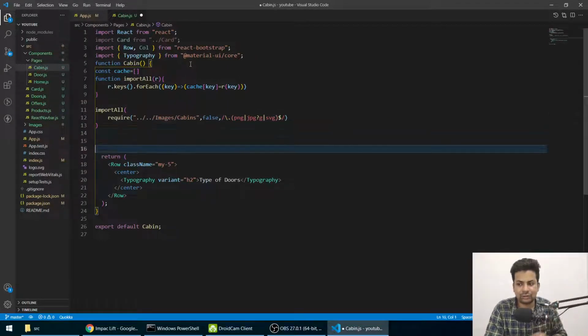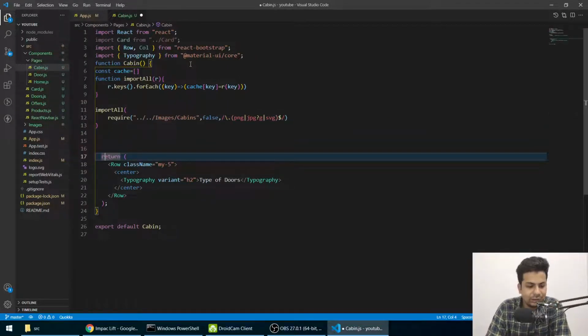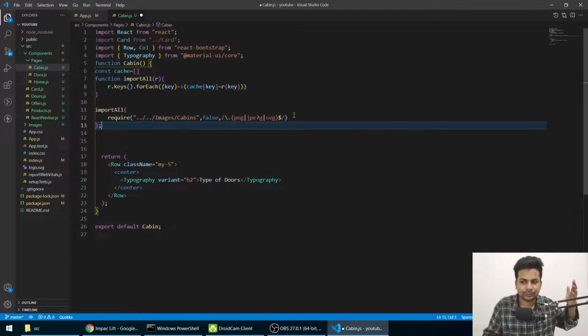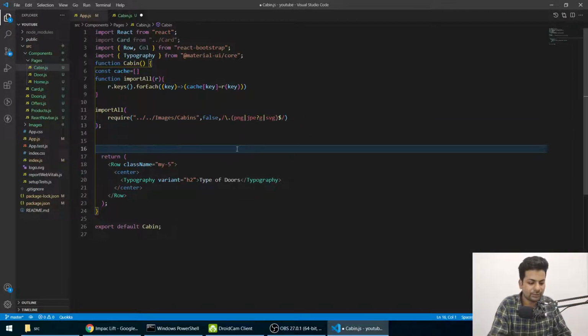God, that's so long. Let me check if I have written everything right or not: slash png, jpg, jpeg, then svg, dollar slash. Okay, yeah.